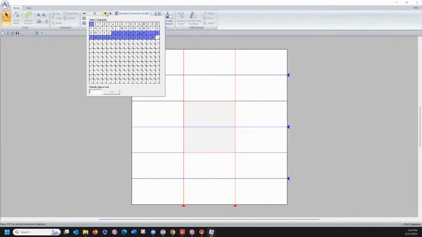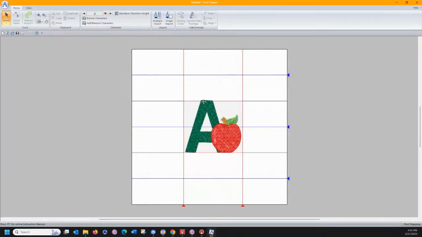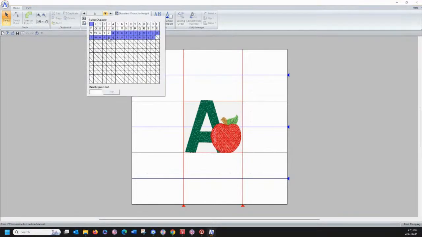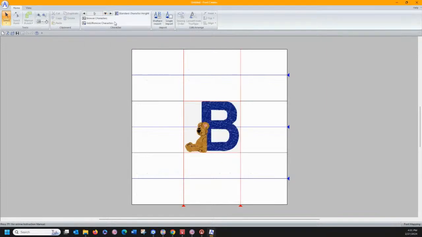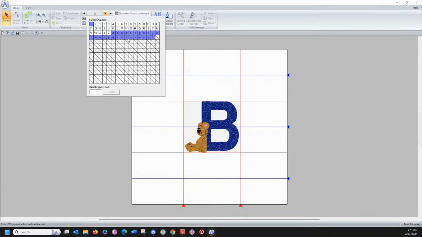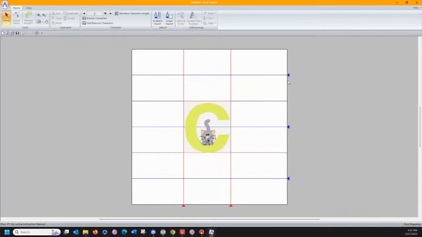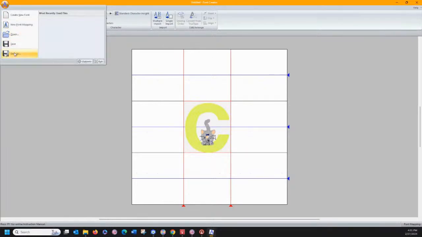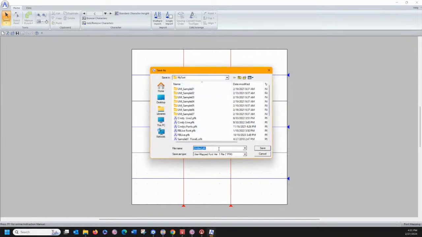And now if we go to our character map, you'll notice that the lowercase a is there, even though it's an uppercase A, that's where it's going to be on your character map. So when you go to use these, you would need to remember it's auto mapped them in the lowercase place. So now I'm going to save this, do a file, save as, and we'll save it as Yvonne 2.